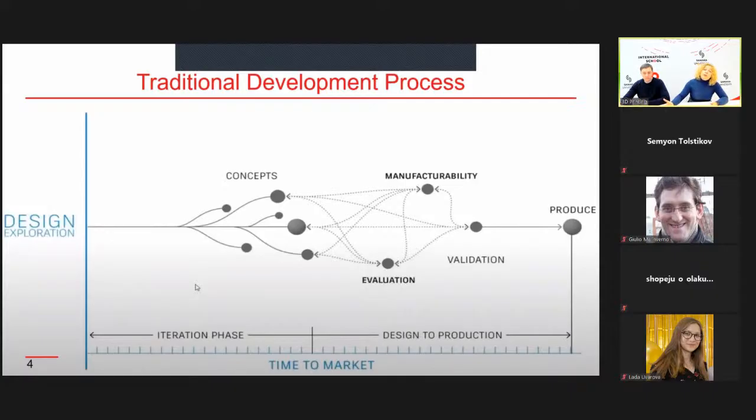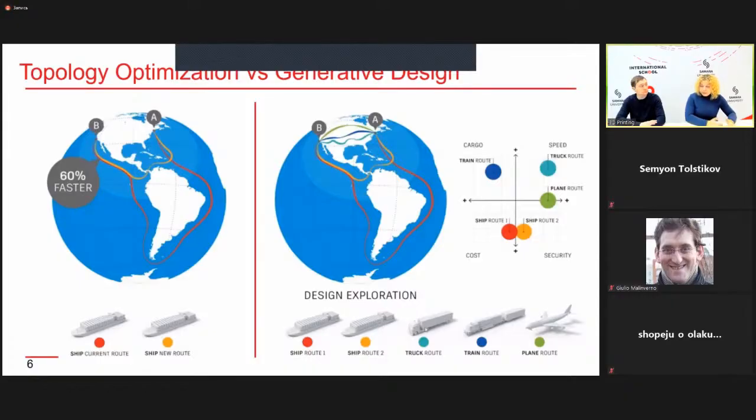But unfortunately, we have some defaults in the manufacturing process because we chose not very manufacturable materials, for example. Maybe we did not use appropriate tools and equipment for this process of manufacturing. That's why we don't get a good product, a good design. And for me, I think generative design is